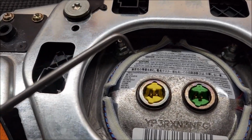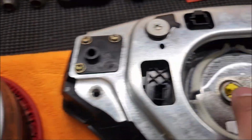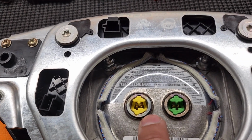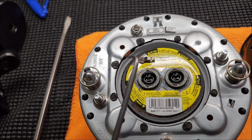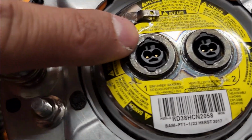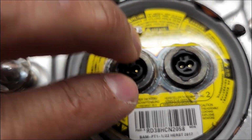Now, of course, the connectors are similar as far as how they go inside the inserts, or these inserts, I'm sorry. So obviously the connector itself looks different. We're going to transfer these ones over to this side. And these, obviously, I won't be needing. I'm going to do it with both hands. But basically, you're just going to relieve tension on this side, relieve tension on that side, and this insert should